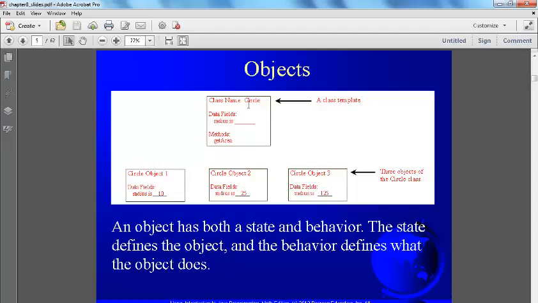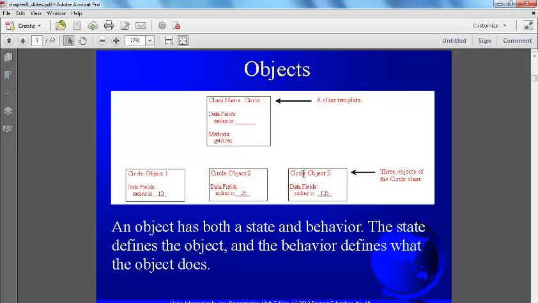Essentially, what this buys you is the ability to reuse existing code. If the definition of the method getArea ever changes, the objects don't have to change because they're only just using this method getArea. So the data fields or attributes or properties, they're all synonymous, and methods or characteristics or behaviors are also synonymous. So with this example, notice I have actually 3 distinct variables, object 1, object 2, object 3,